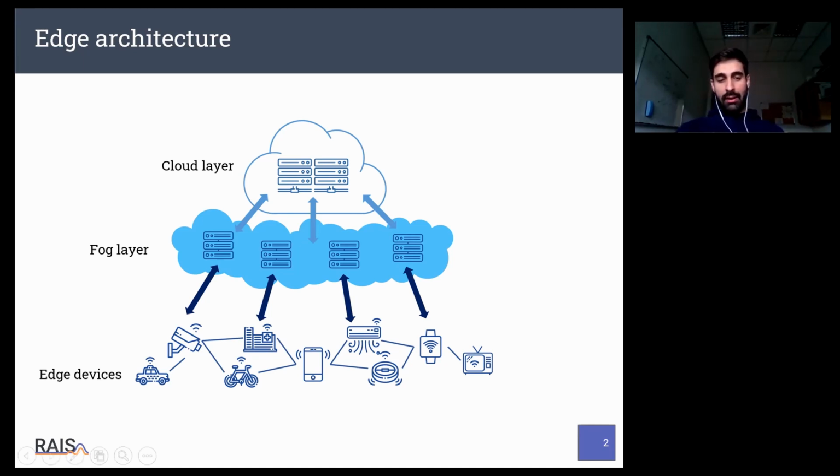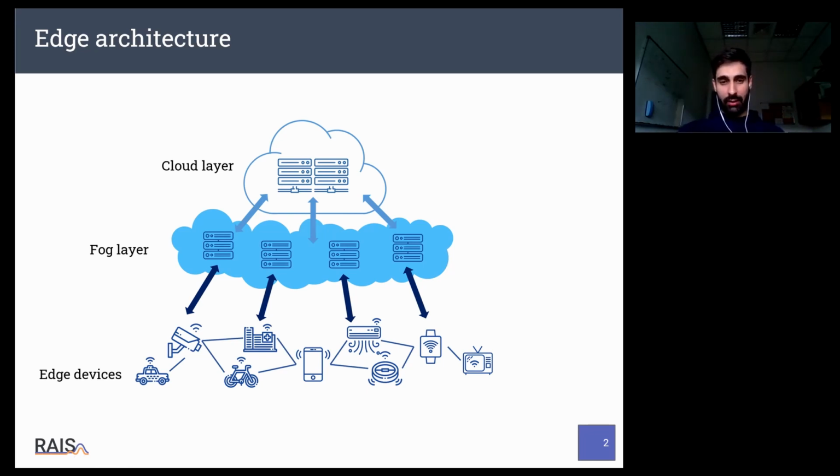So we created an extra layer, namely the fog layer, between the IoT devices and the cloud layer, which lives close to the end devices. And within this layer, we can find the so-called